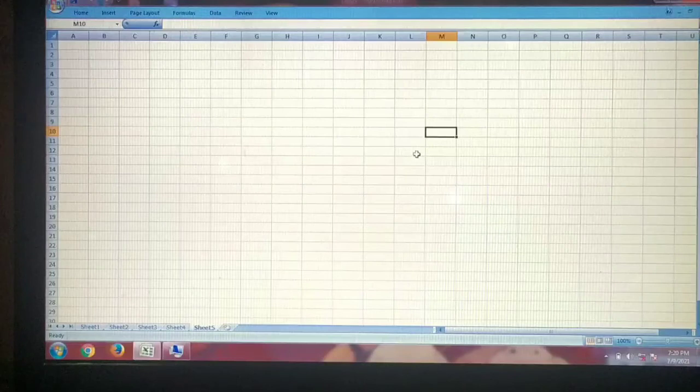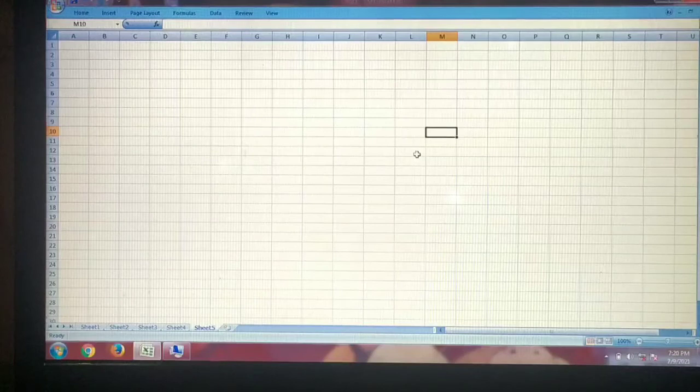Our next topic is calculations in Excel. Excel uses formulas or functions to do calculations. We can use either formulas or functions for doing various calculations in MS Excel, such as addition, subtraction, multiplication, average and percentage. All these things we can perform using either formulas or functions. First, let's check how to use formulas.